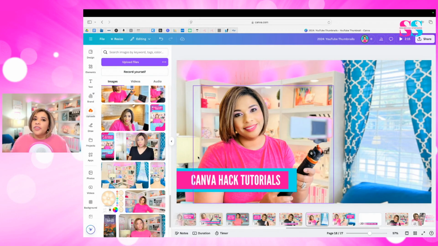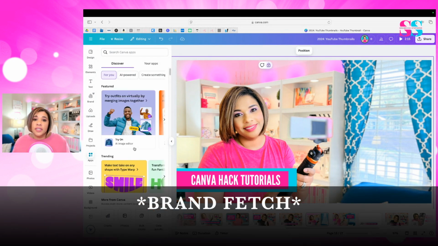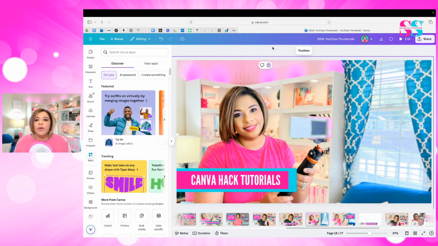And so while we're here, the next hack/feature that I want to share with you is the brand grab. Say, for example, I wanted to add the Canva logo in here, and I don't want to have to just go and search for the Canva logo or go to elements and try to find it in there. Sometimes it's hit or miss on if you get the perfect logo and the colors and all of that to be correct and right. Another way that you can go about finding different brands' logos is to come right here